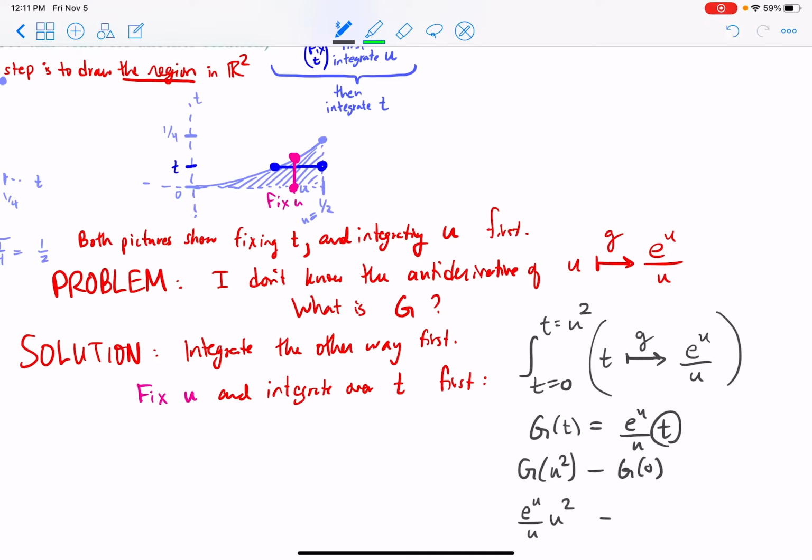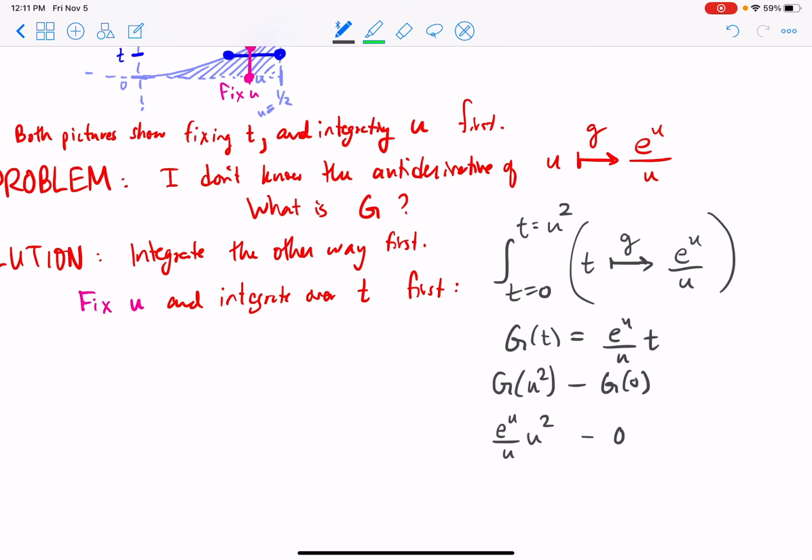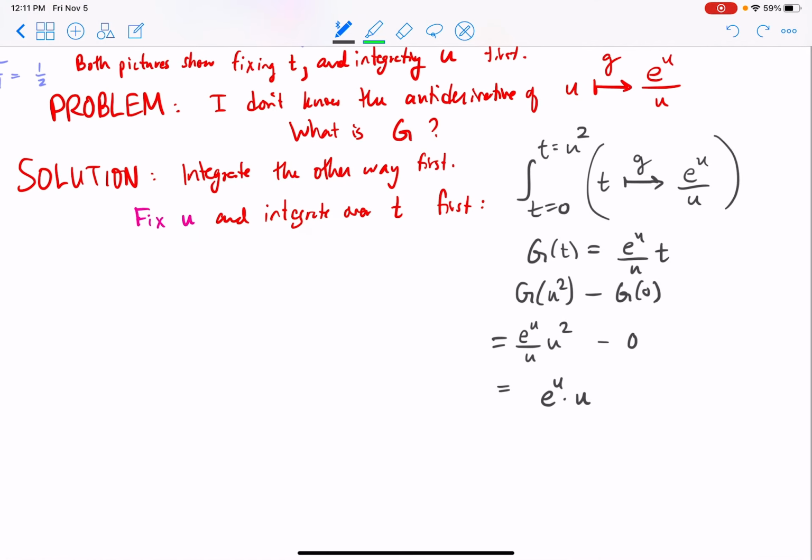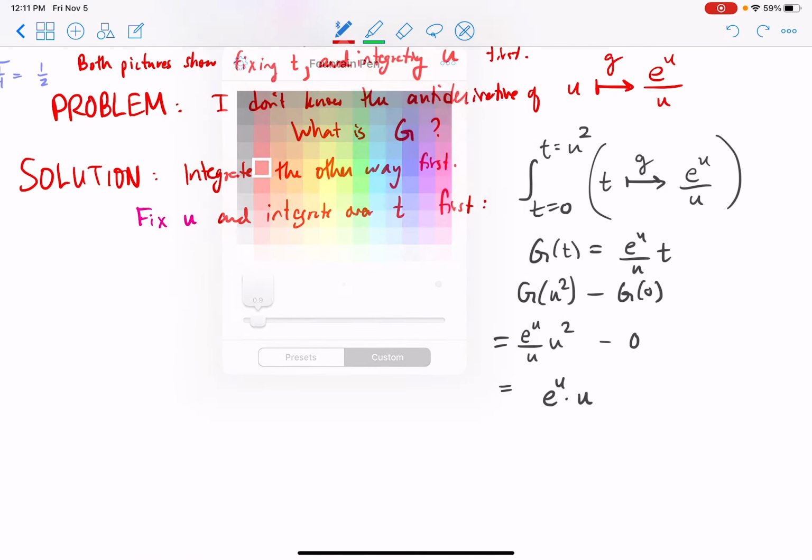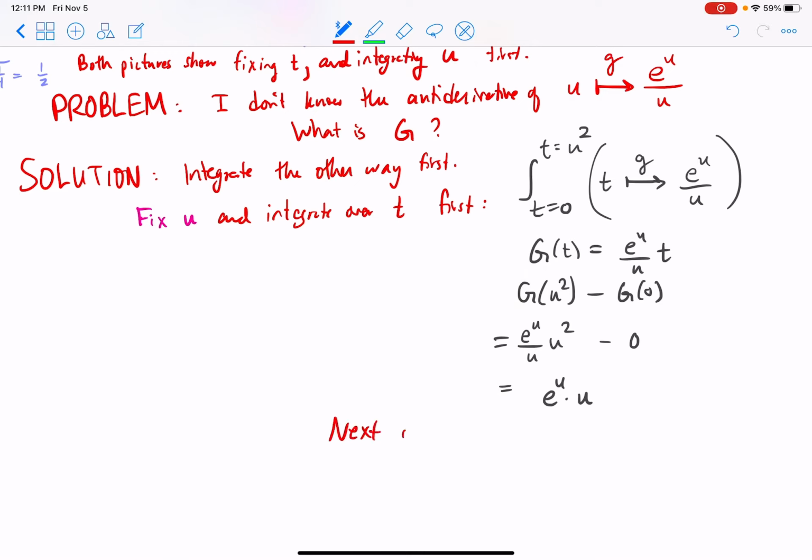And I replace t with a 0. And so my answer is the function e to the u times u. That's it. Okay. Next, integrate u over the u